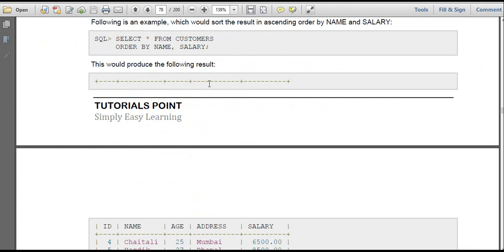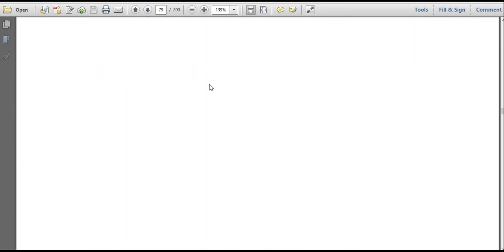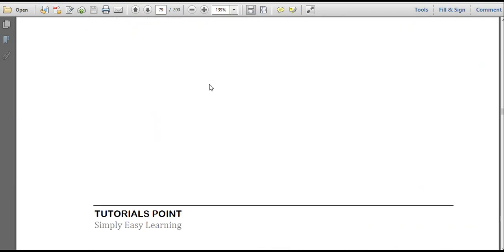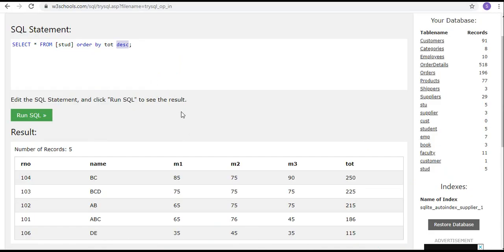Now here we will go with an example. Do we have any example for that? No. Okay, I will show you. Here select star from table name where